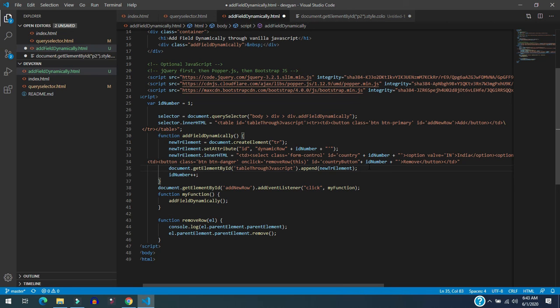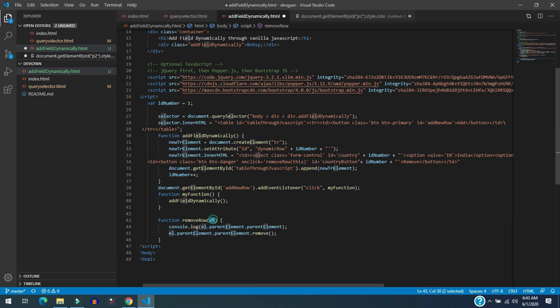Now whenever we click the remove button, on click we are writing the onclick function, and this function will get fired, which is removeRow. And here we are passing this, it means this element is passing, which is the button.